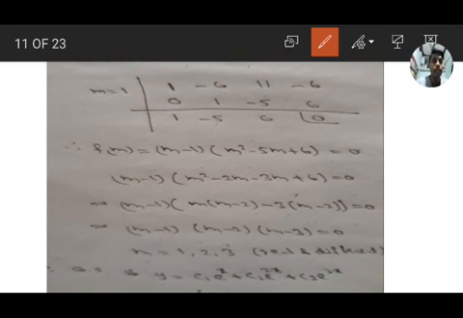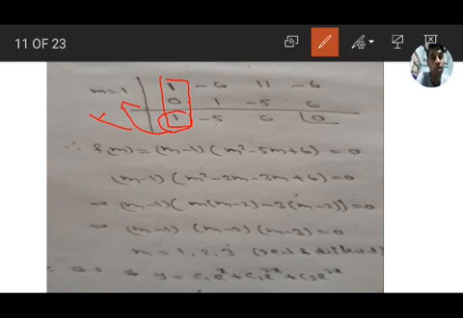After division, first we need to take all the coefficients in order. If any term is missing, we have to take that coefficient as 0. Then first take 0 here. Adding these two terms, we get 1. After getting this answer, multiply with this m value, 1, and write it here. After adding these two values, minus 5 into 1, we get minus 5 here, and adding these two values we get 6. 6 into 1 is written here. Then minus 6 plus 6 is 0.